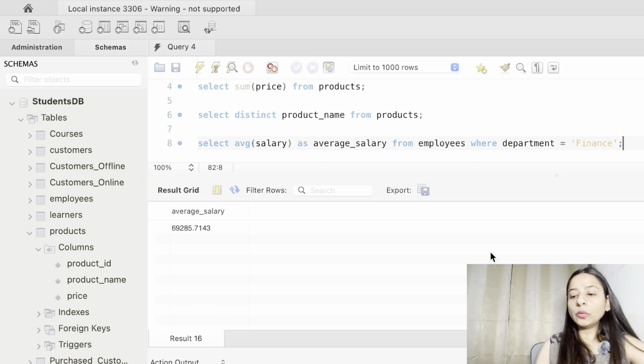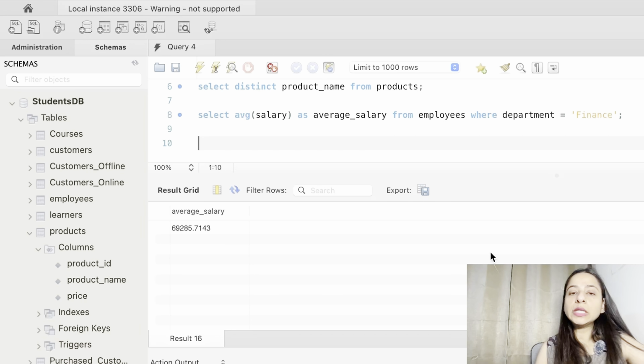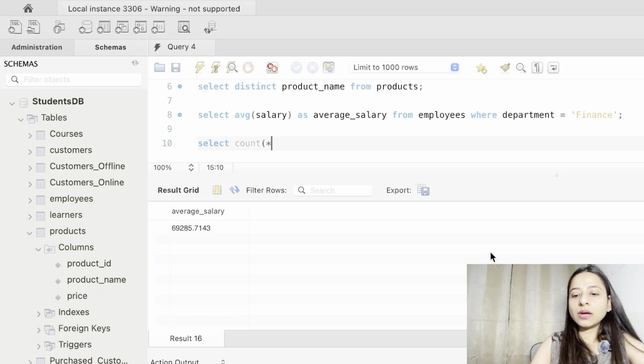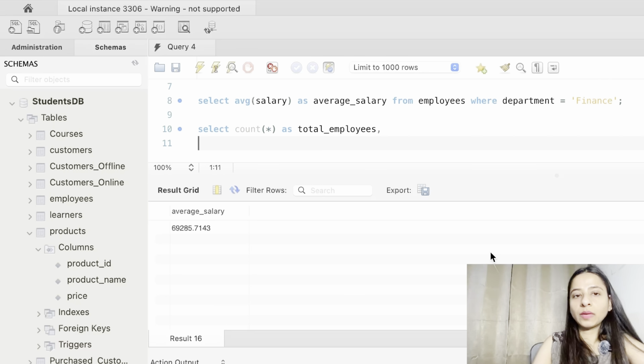Now here's something cool. We can use all of these multiple aggregate functions in one single query. So let's write select count star as total employees. Then we want to add the sum of the salaries. So we will write sum salary as total salary, let's say paid.